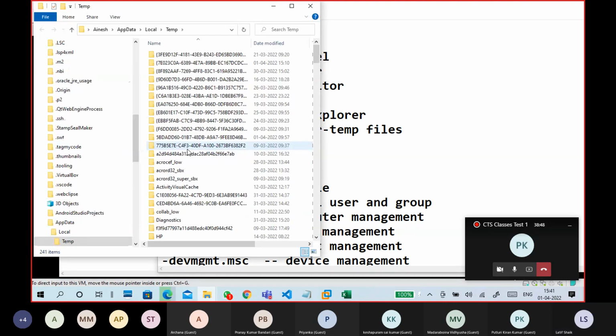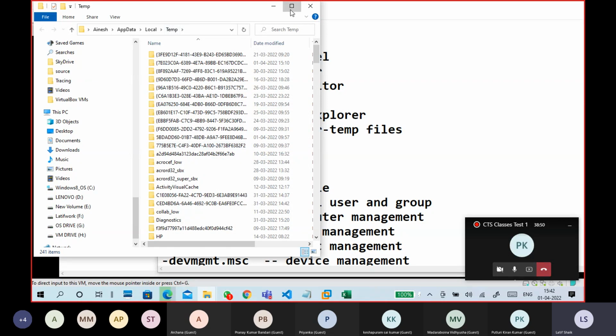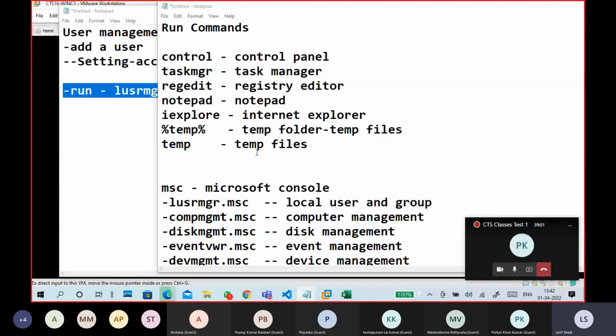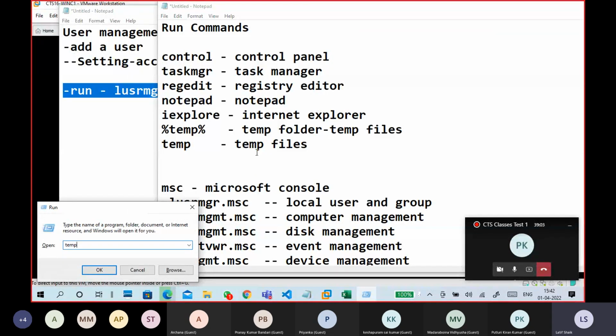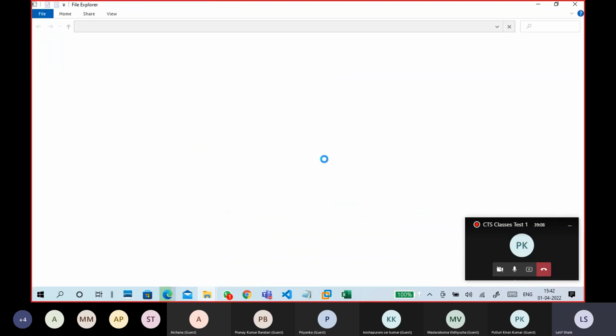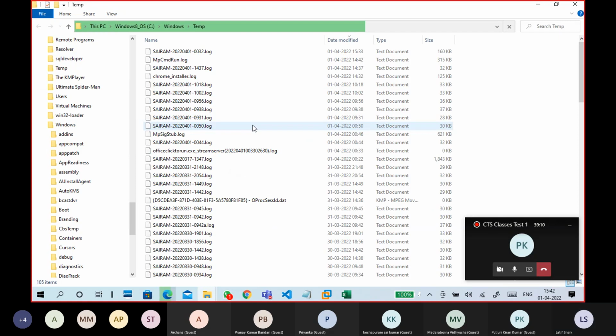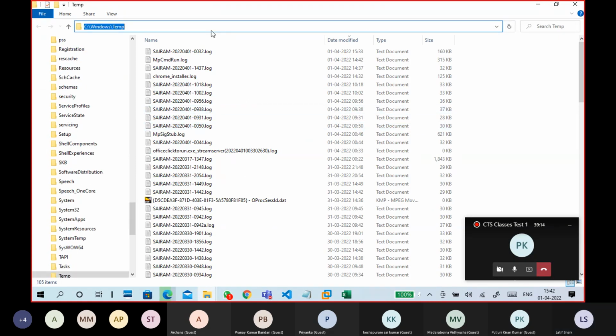Look at here, this is also a temp folder, but you can look at the location: users, username, AppData, Local, Temp. So if I put only temp, you don't have permission, so continue. So it is C:\Windows\Temp. So both are different locations.